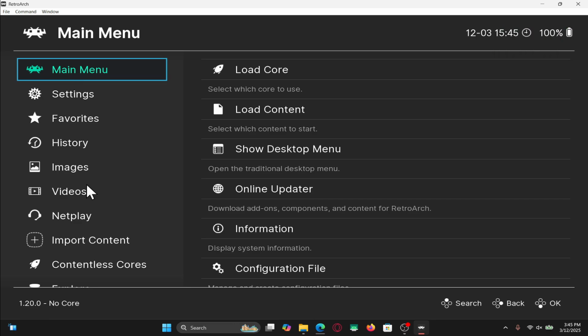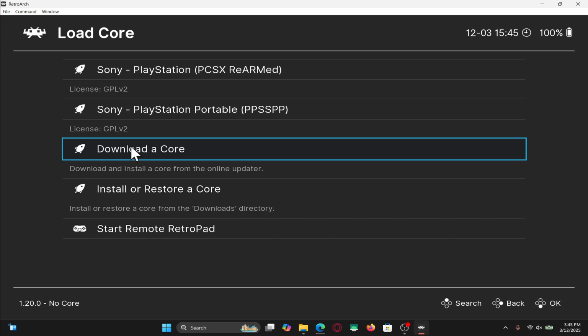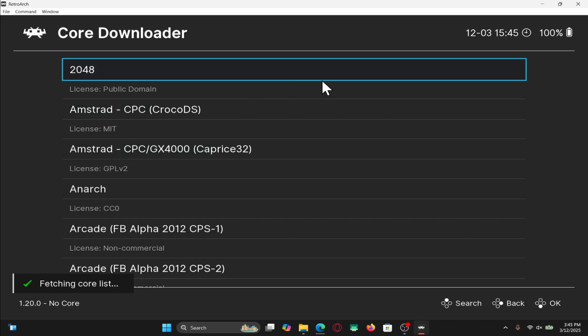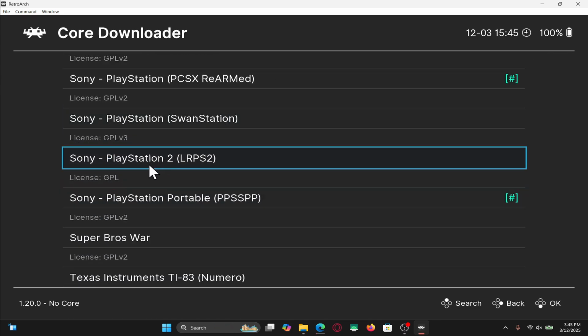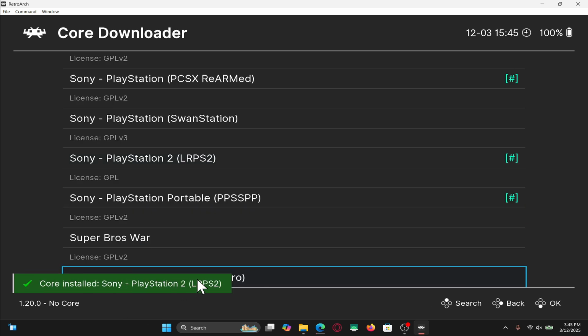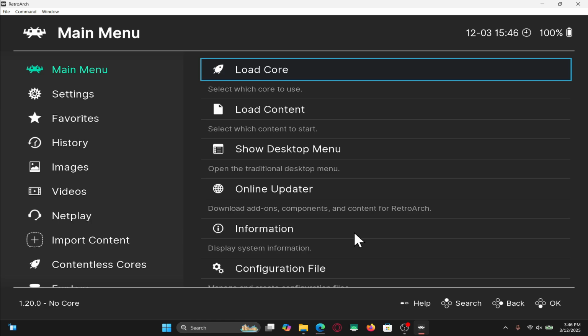Now, to make sure you are able to play any PlayStation 2 game, you will need to load the core. Now, the core refers to any console that is supported by RetroArch. So click on Load Core, and then click on Download a Core. Now, this will show you all of the emulators that are supported. From this page, scroll down and look for Sony PlayStation 2. Once you find it, go ahead and click on it, and this will begin the download of this core. Once it is finished, you will see a hashtag on the right side, and now you can go back to